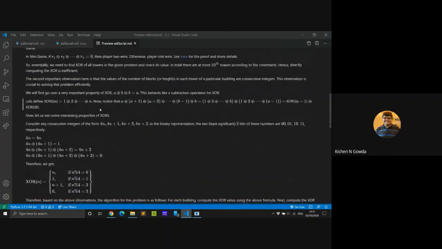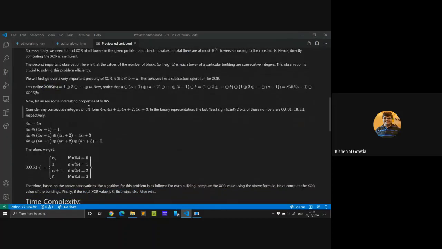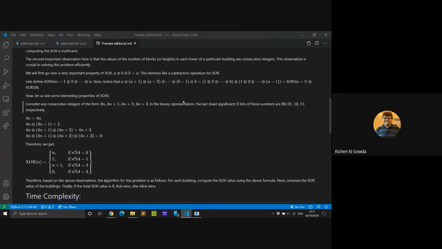So we can compute this value efficiently, but how do you get the value of XORs of n? Again, this is an important thing. Now let us check another very interesting property. I think most of you must have tried this by hand, like finding 1 XOR 2 XOR 3 XOR 4. But I'll try to give a generalized proof, and it's very simple.